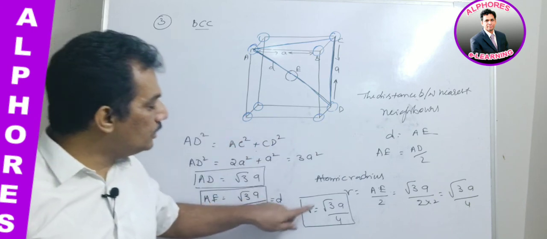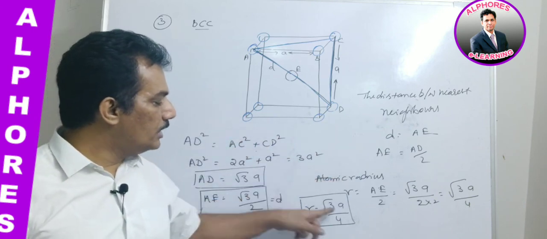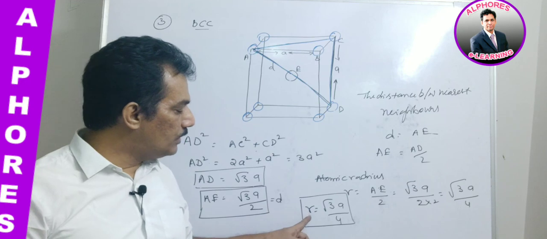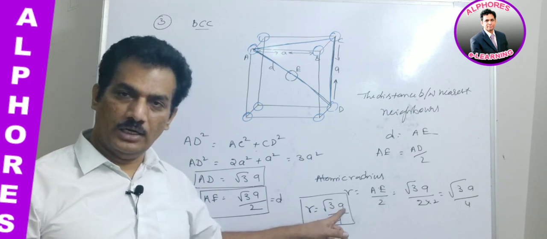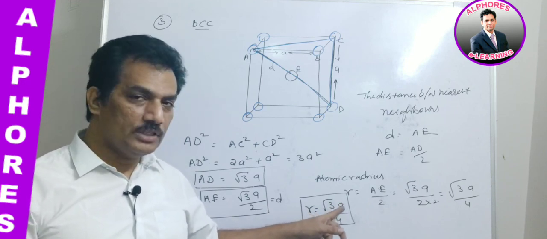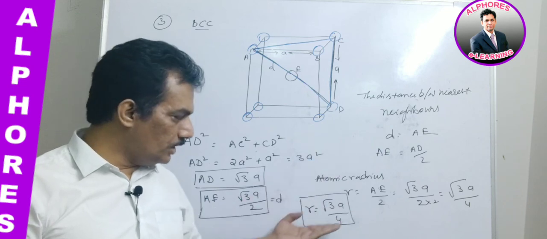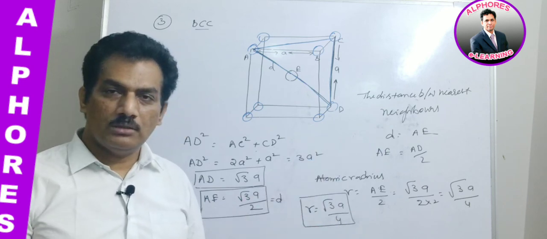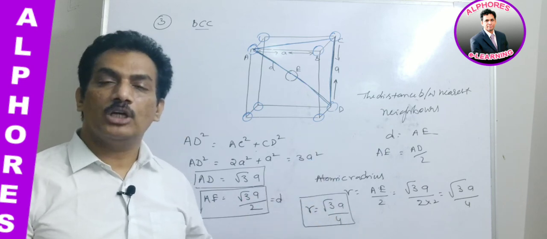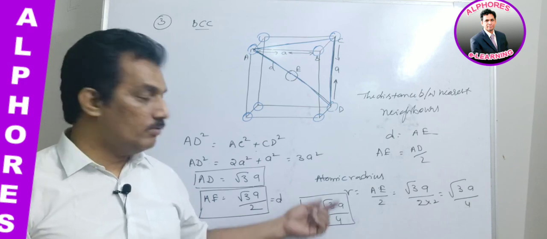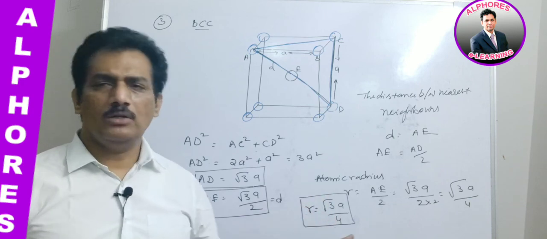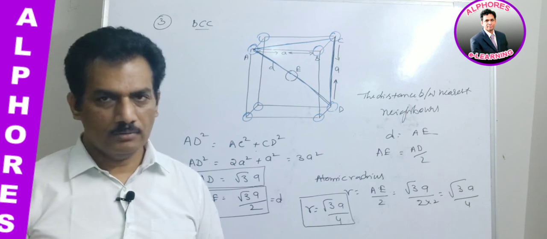this internuclear distance is helpful in finding the relation between atomic radius and the edge length. Clear? Be thorough with this one, because they are asking the relations and we have to measure these relations in terms of ionic compounds. There, once if you are thorough with this one, there you can simply apply this. Clear? Thank you.